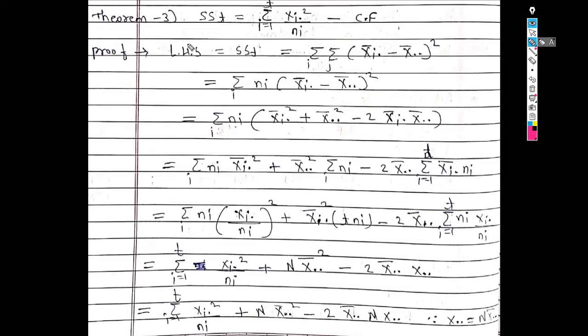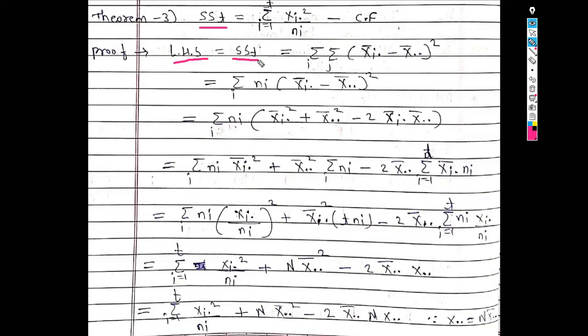So let us discuss this theorem. This theorem says treatment sum of square can be written as summation over i xi dot square upon ni minus correction factor, and correction factor is x dot dot square upon capital N, that is grand total square upon capital N. So let us consider the LHS of the theorem, and the LHS is SS treatment, that is treatment sum